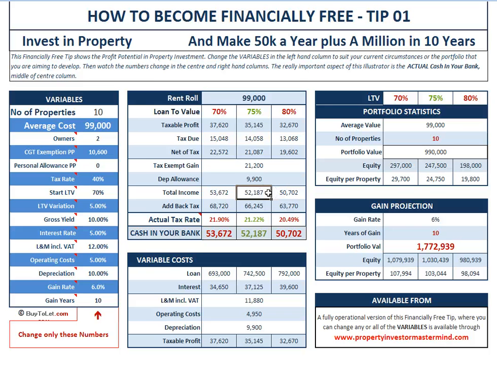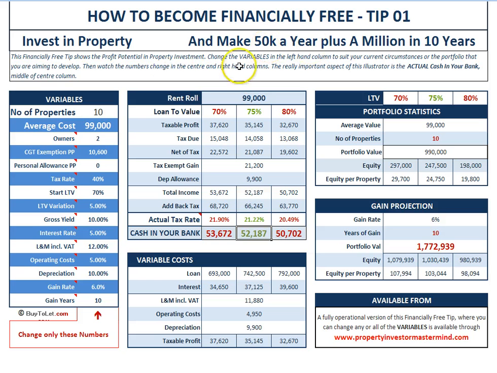£52,187. Now, to work out what the tax rate is, because it's interesting to find out what rate of tax you are actually paying, you add back the tax of £14,000 to reach a gross figure of £66,245. Now, £14,000 as a percentage of £66,000 is 21%, and that gives you £52,187 in the bank. And that is the reason why I say up here, invest in property and make £50,000